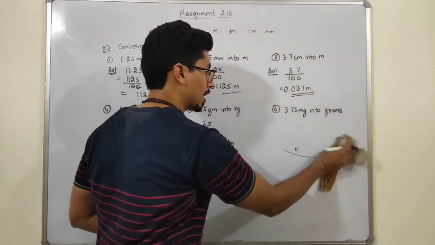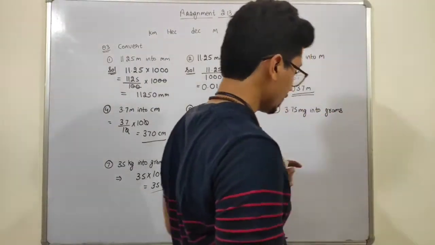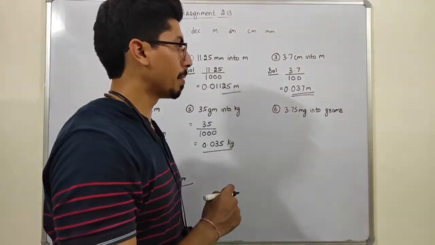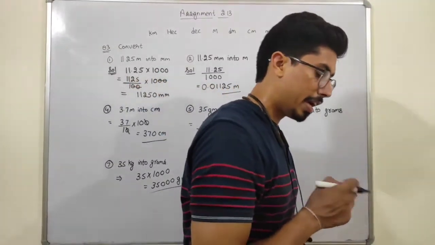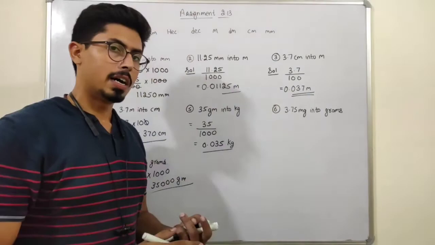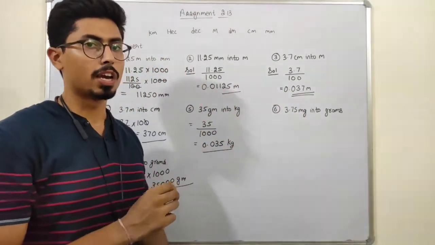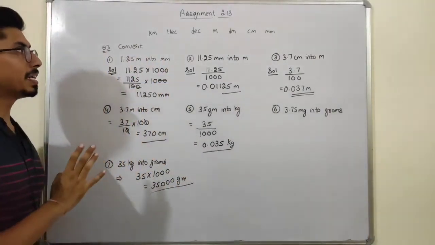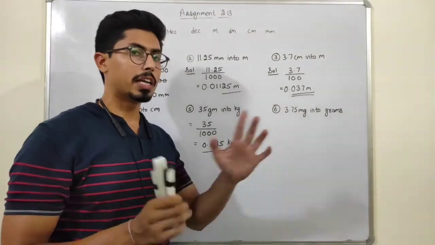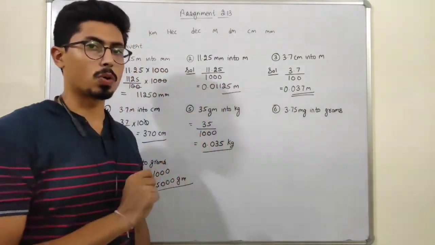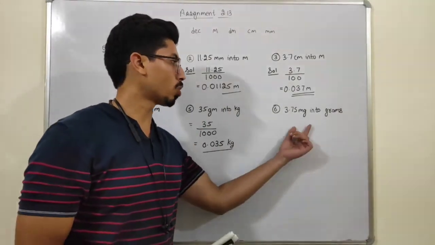Okay, the remaining portion, that is I have to convert 3.7 milligram into gram, students. Okay, let's see who can do this sum. So this is your homework, students. Okay, so all of you just complete these 3 questions, and in the next video I'm going to discuss them with you. Till then, just try to solve this part by yourself without seeing the solution.